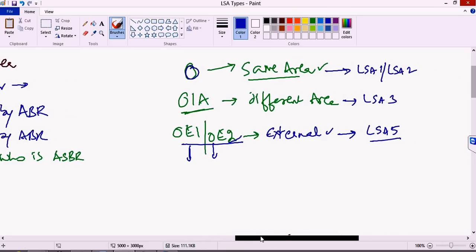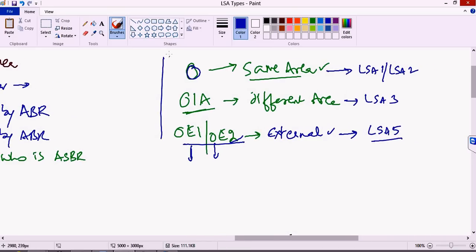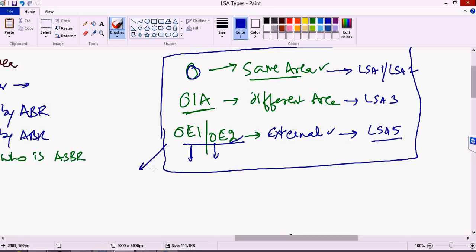Because LSA 4 is not actual routes, it's actually information. LSA 4 provides information about the autonomous system border router. Okay, so let me just